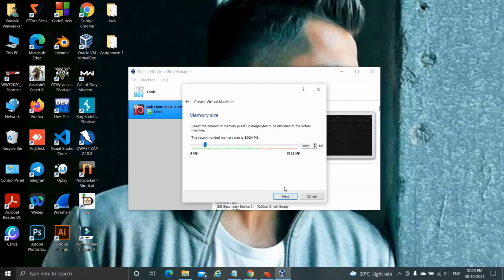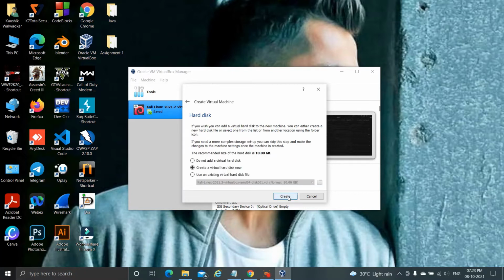Just click on next, and here it will ask you to allocate your memory. You can add whatever memory you want, but I will keep the default, that is 1024 MB. Click on next.